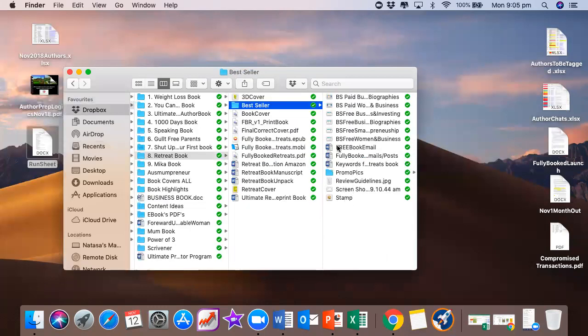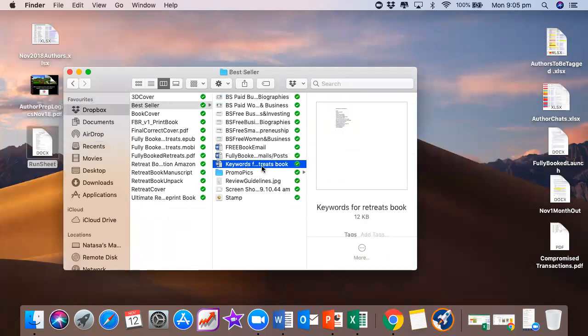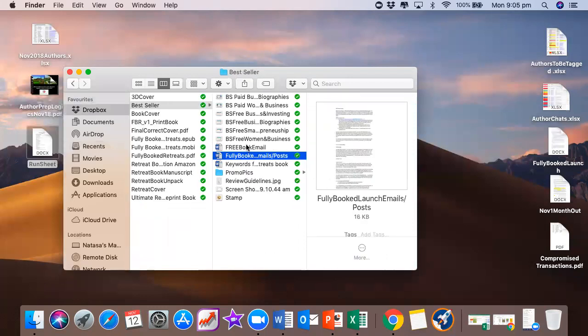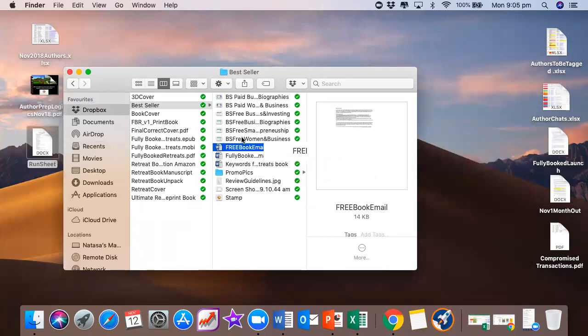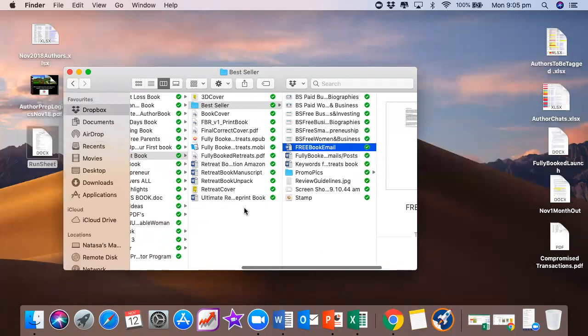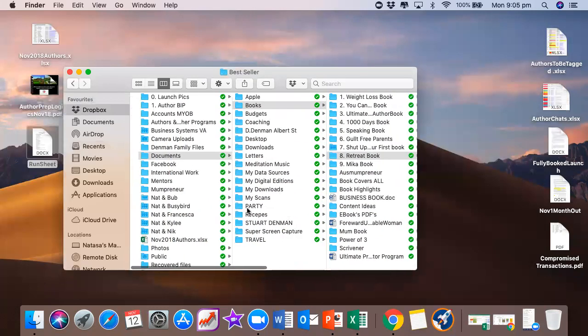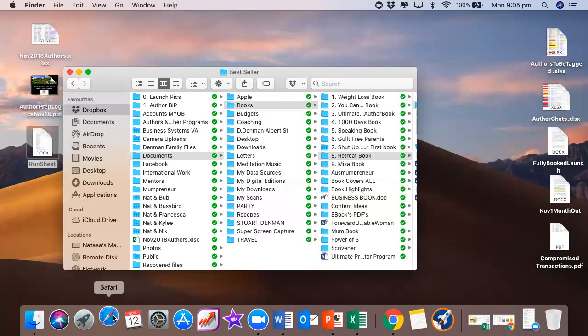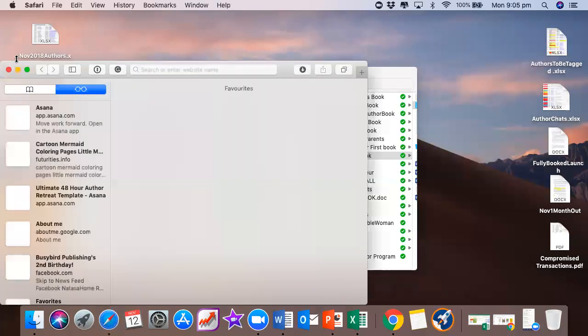So just to show you what it looks like, retreat book, bestseller. He did the description, keywords, promo pics. Where is it? I may not have put it in here. Let me just see. Free book offer. No, I may have moved it, you guys. But I can show it to you. Actually, I can show it to you if we go to